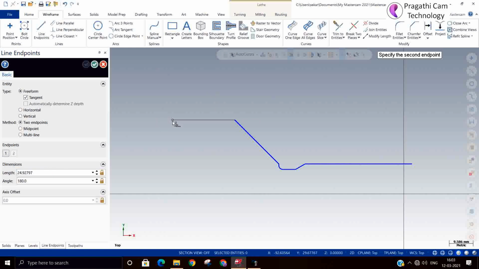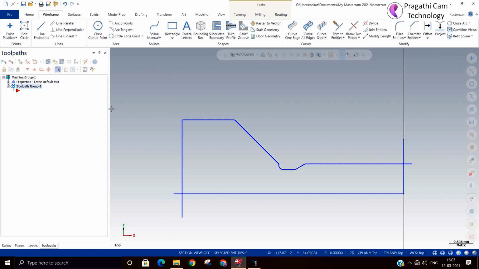Okay, we'll make one horizontal line and vertical line. We'll close this. Okay, we'll trim it.